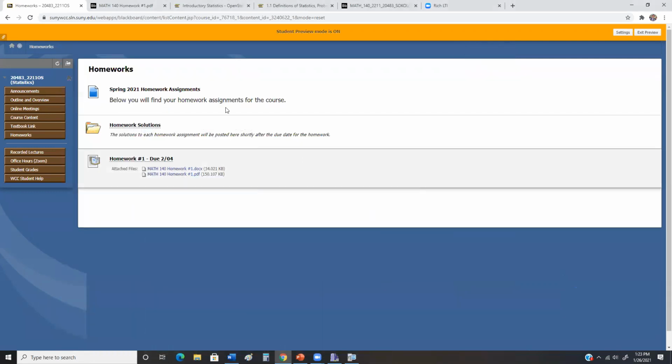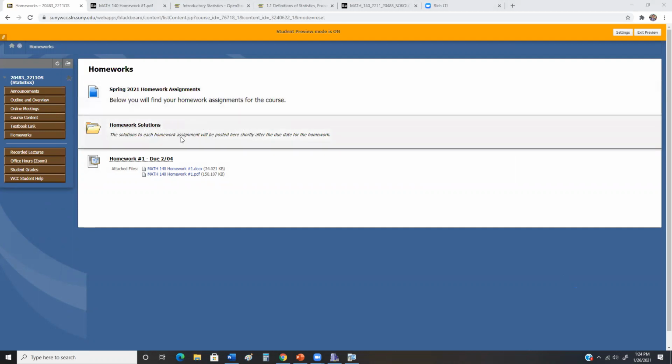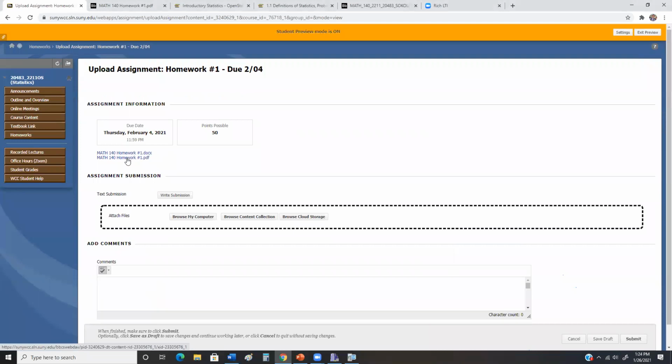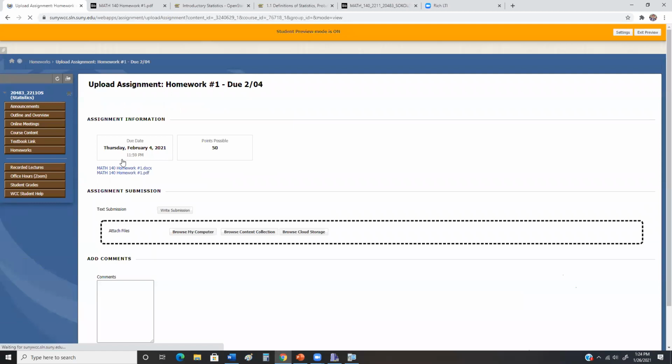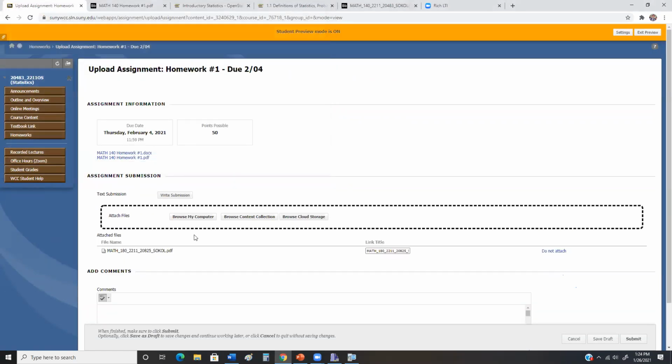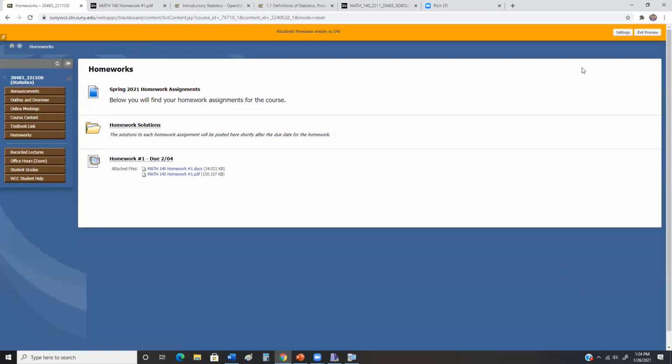When you're ready to submit the homework, this is a real big issue for me: I do not accept homework via email. So you'll click this file here. Give me 1 second, Melissa, I'll answer your question in 1 second. To go back, when you're ready to submit your homework, you'll click on this, browse to wherever you have your file saved, attach your file, and then hit submit to me. And then I will grade your homework the next day after it's due.